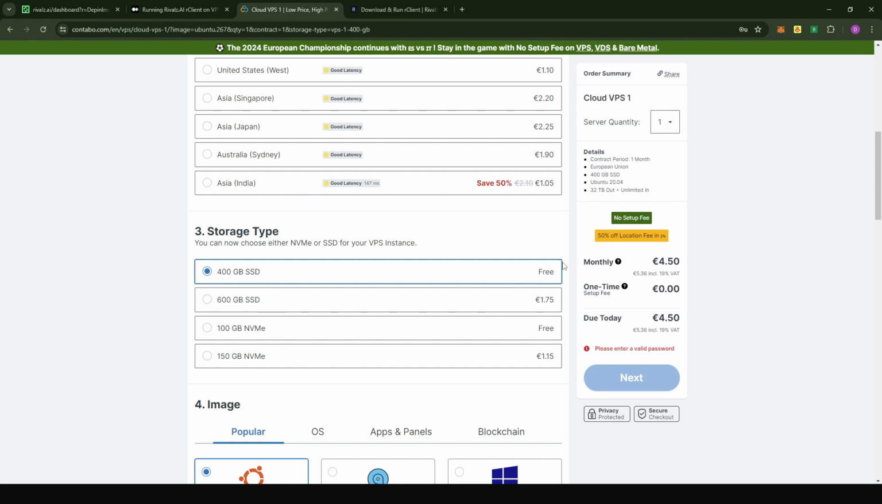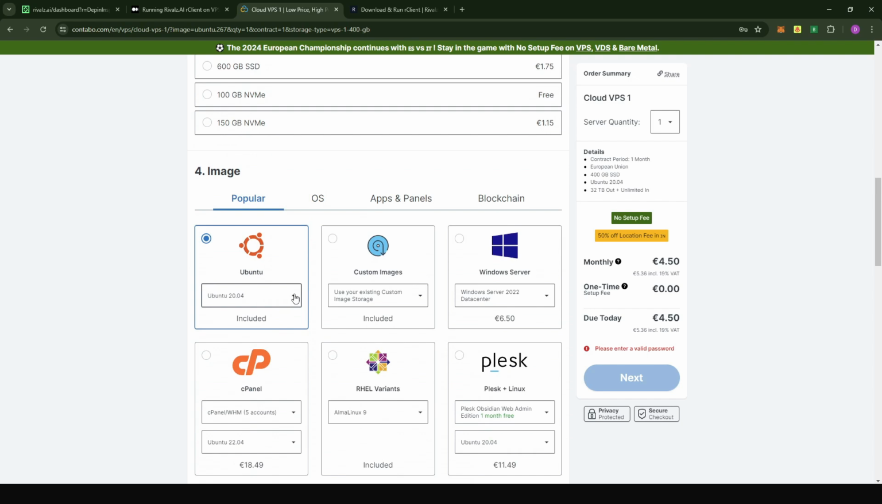And as you can see here, if you go with this option, it's going to be free. If you choose anything else, so if you choose 600 or 150, you're going to pay a bit more. You can go with 100 NVMe, but you don't really need that high read-write speed, and you would also get only 100 GB, and that's why it's a better option to go with the 400 GB SSD. For the operating system, we're going to run on Ubuntu,